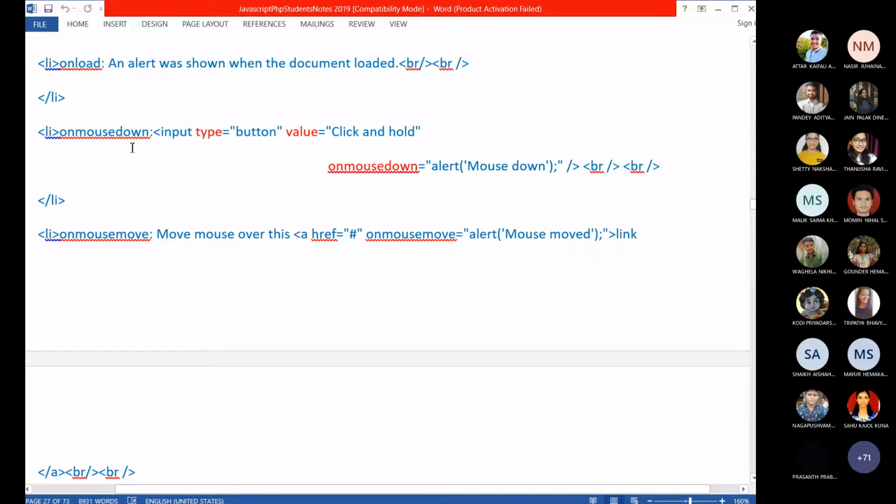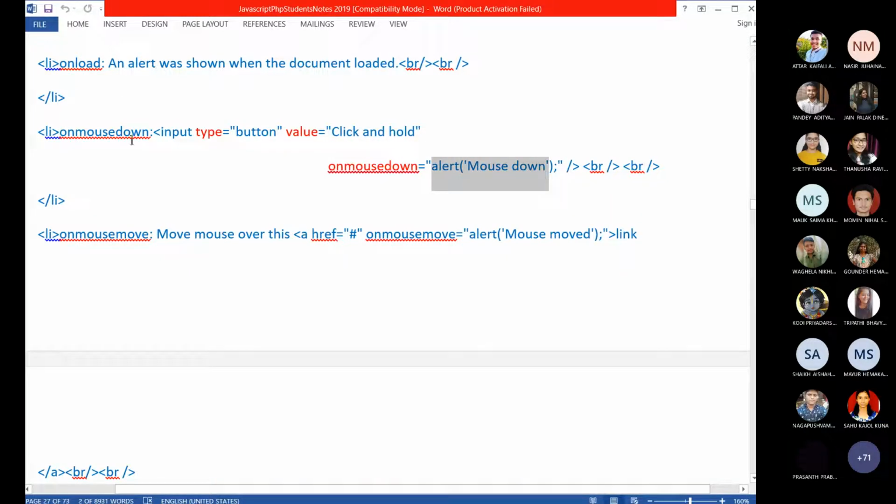On mouse down. Till now we saw key down and key up, which are with respect to keyboard keys. Now this is with respect to the mouse. All these are mouse events. When you press the mouse key, when you click and hold the left mouse key, that time this will be triggered.